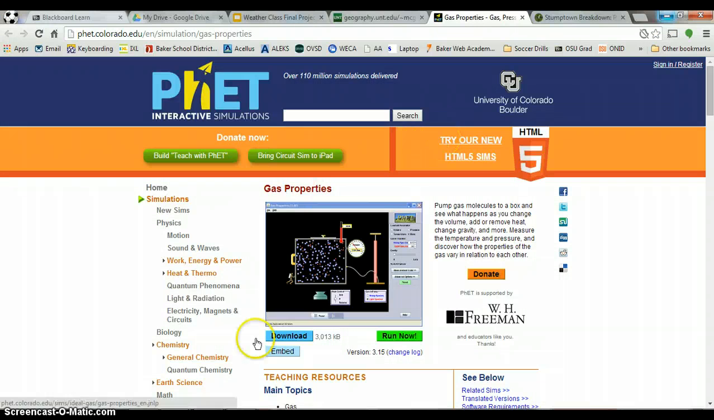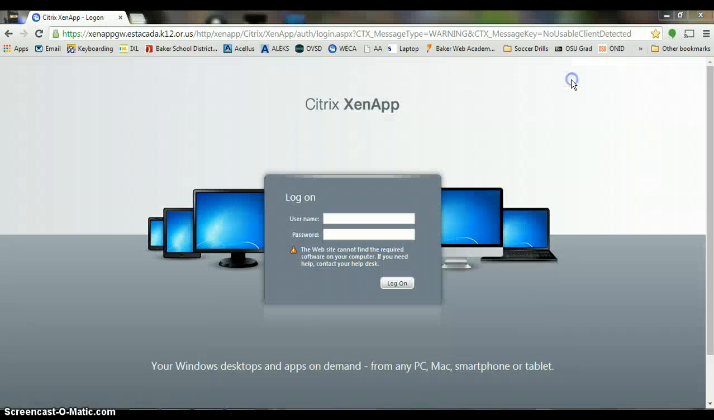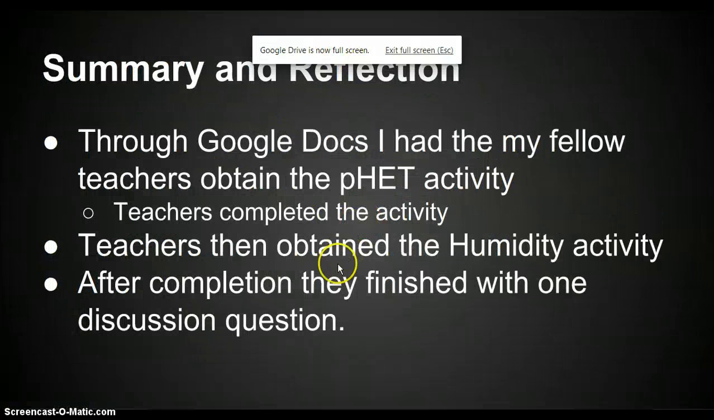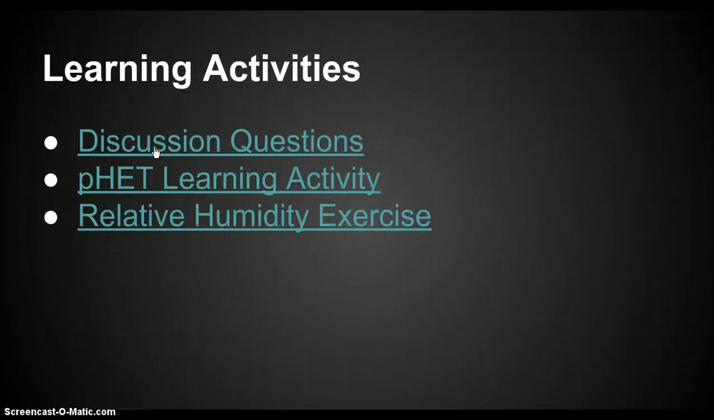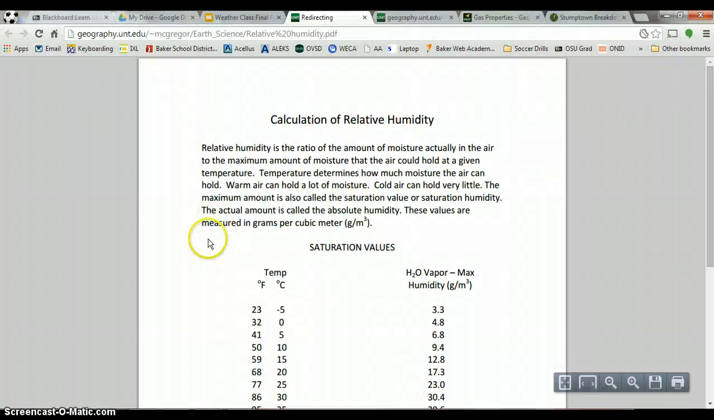Based on that, they will then use the discussion questions at the very end. The relative humidity questions are what they'll go to next. And the relative humidity questions are going to be based on this